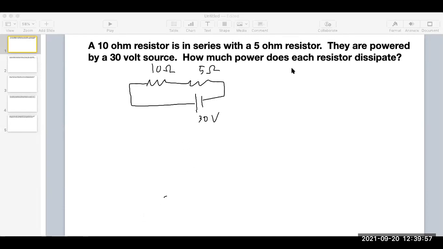So several useful equations for finding power. Current times voltage, or current squared times resistance, or voltage squared over resistance. For the illustrations, for the homework at least, do you care if we